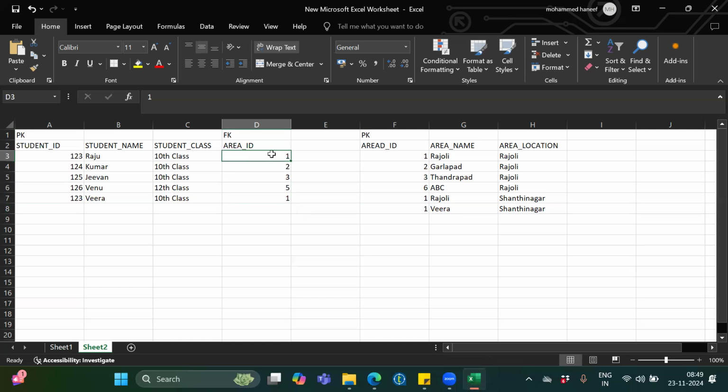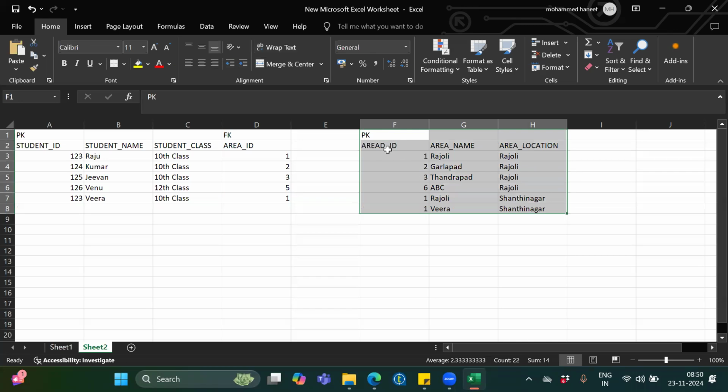FK means foreign key, which is considering from this table. That is called a relationship. Okay. So whenever you define a primary key and this field, if you are referring into another table, then that should become a foreign key. Okay. Now in this, student ID is the primary key. Class might be a foreign key, or class ID might be a foreign key, because under class,